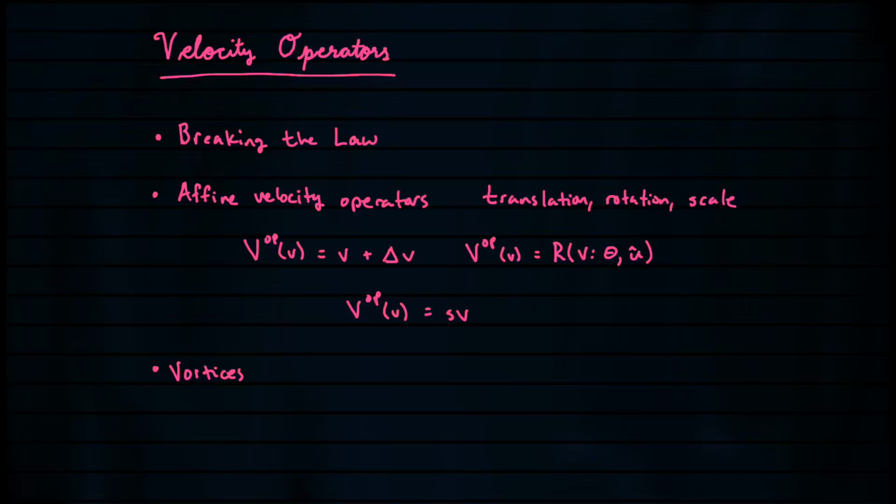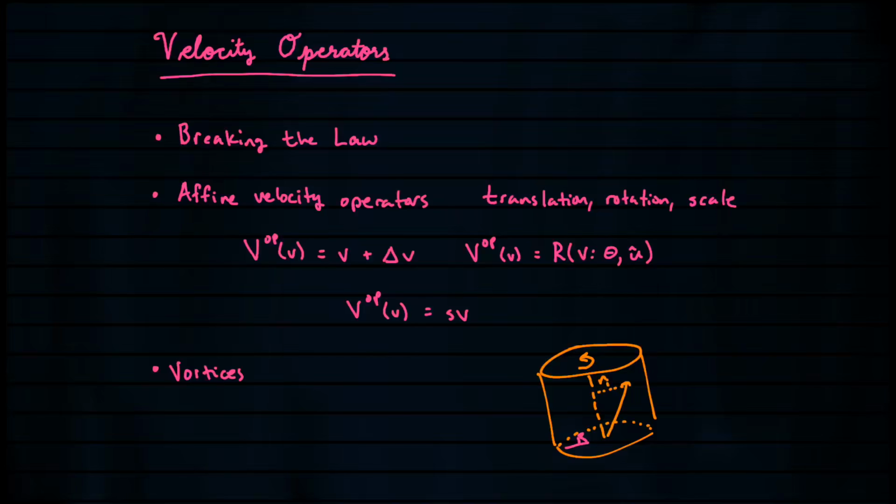So one other instance of velocity operator is a vortices operator. And the idea here is that instead of trying to simulate a vortex, we could use a function to simulate a vortex inside of a cylinder. And so here's a picture of a cylinder, and the idea is that the cylinder has a radius r,